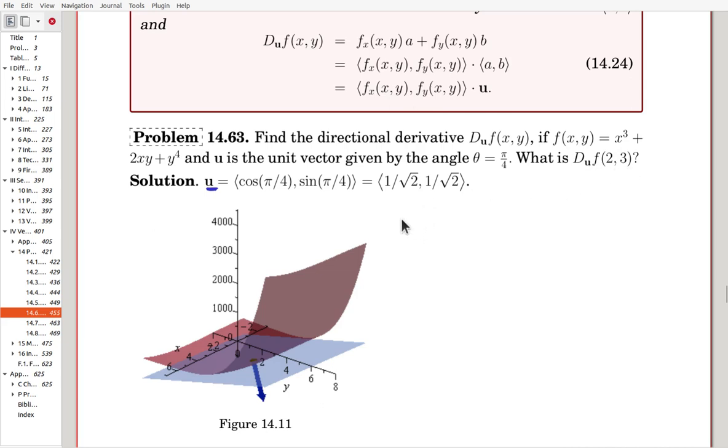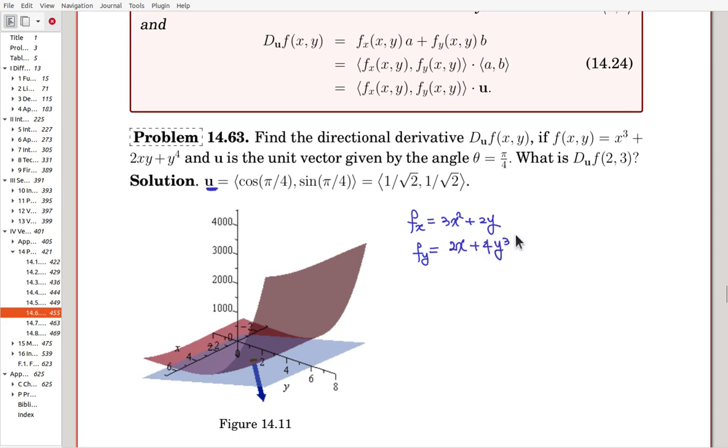Now f sub x, the x derivative, is 3x squared plus 2y, and y to the 4 will disappear. F sub y, the y derivative, is 2x, this will be 0, plus 4y